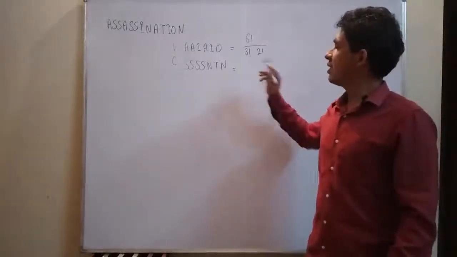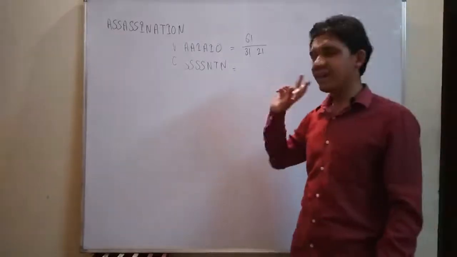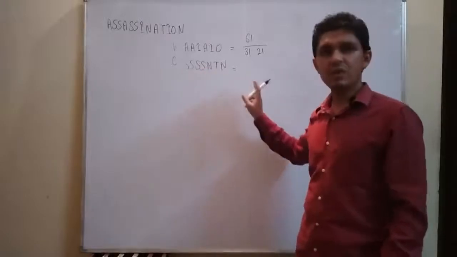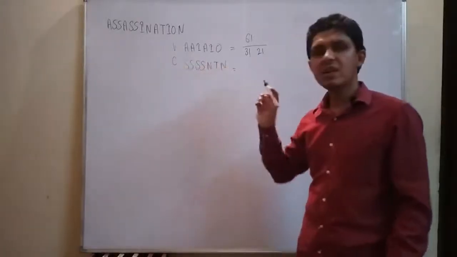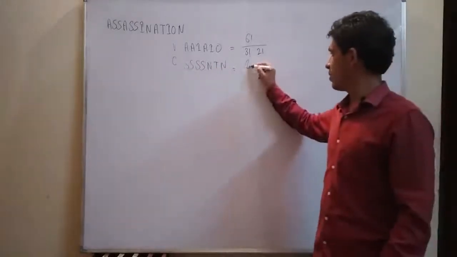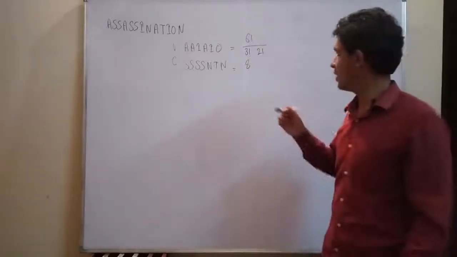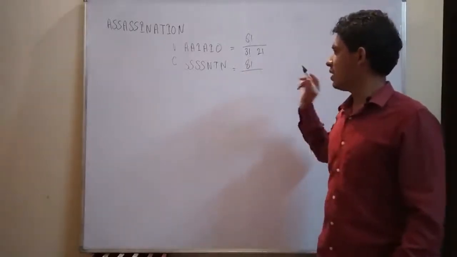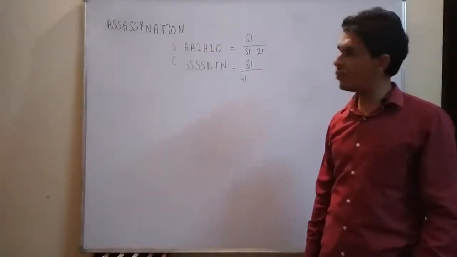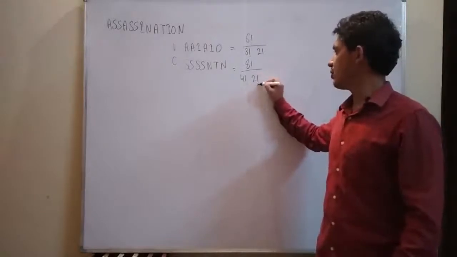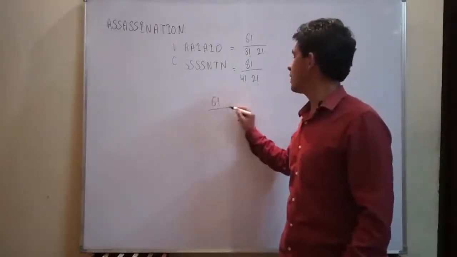And thereafter we have to arrange all the vowels together. So we have to add 1 to the number of consonants. How many consonants are there? 1, 2, 3, 4, 5, 6, 7. 7 plus 1 is 8, because we have to arrange the group of all the vowels. So factorial 8 divided by the repetition of S, which is 4 times, that means factorial 4, and the repetition of N is 2 times, that means factorial 2. For the final answer, we have to multiply all this.